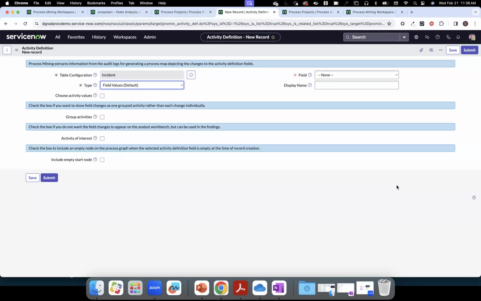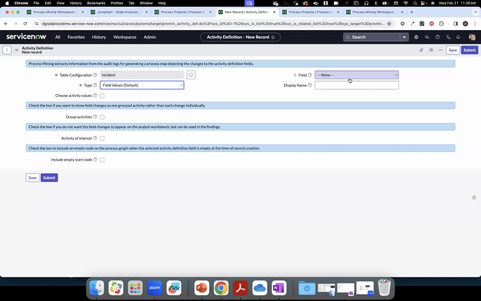And if you think about the state activity, if we're using state, we're going to have a state more often than not set on creation of a ticket. So we'll have a timestamp of the very beginning of a ticket's life cycle. And we're going to have a state change to closed at the very end of that life cycle. So we'll have a timestamp at the very end. So with state, we have very good timestamps, start and end, that we can use for our duration calculations. But if you think about this situation of assignment group, if we're using assignment group as our breakdown,